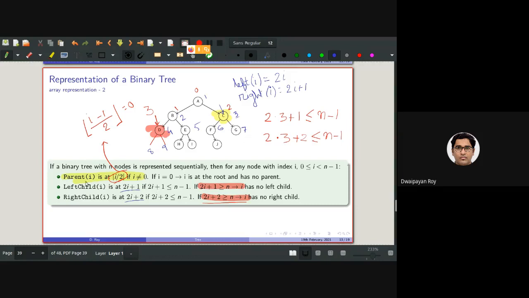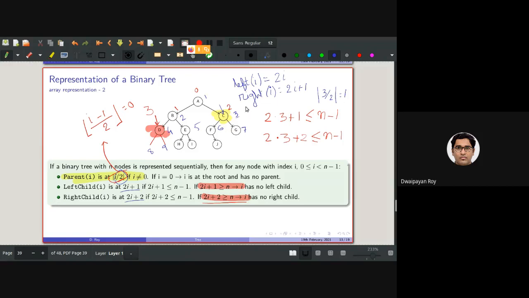The node is in the 3rd position, so using the floor of I by 2, floor of 3 by 2 is 1. So you both are absolutely correct.